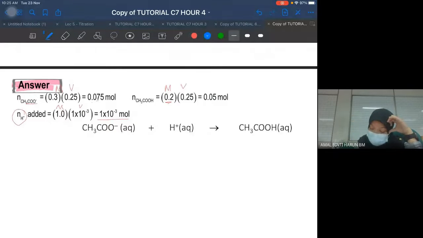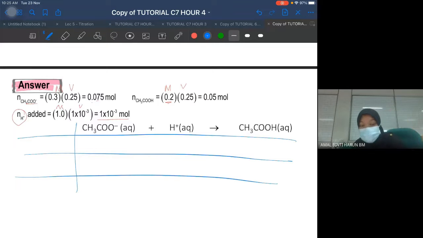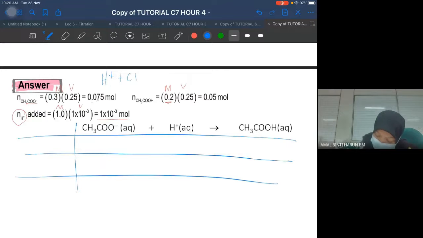Okay. So sampai sini kita buat ice table. Originally, bila kita tambah H plus, when we add H plus, the H plus will be neutralized by the base component, which would be CH3COO-. So our ice table in the number of mole: initial mole, change mole,